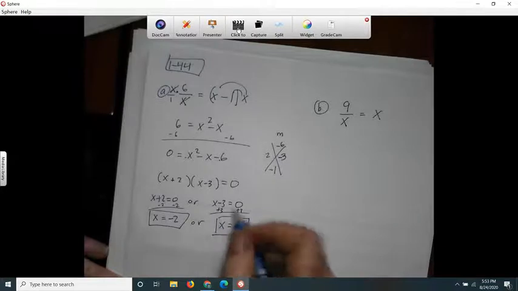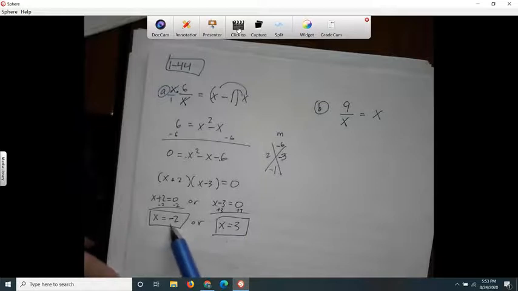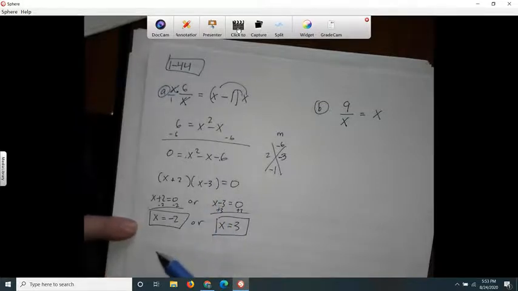If you plugged this into the quadratic formula, you would have got the same answers, but I'm trying to get you to learn how to factor, those of you who don't know how to factor. Now I have to plug them back in and see if they work in the original equation. The original equation was 6 over x